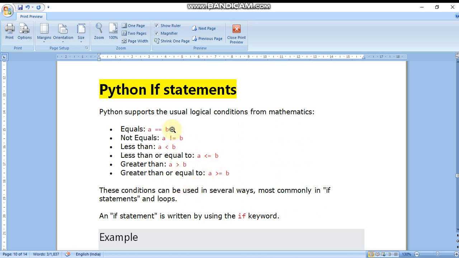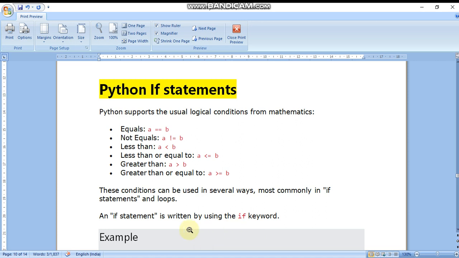These conditions can be used in several ways, most commonly in if statements and loops. The comparison operators I discussed in the last video can be used with the if statement, and loops are called iteration statements. One by one we will learn how we can use these statements.